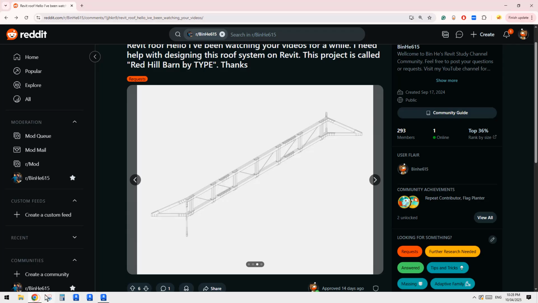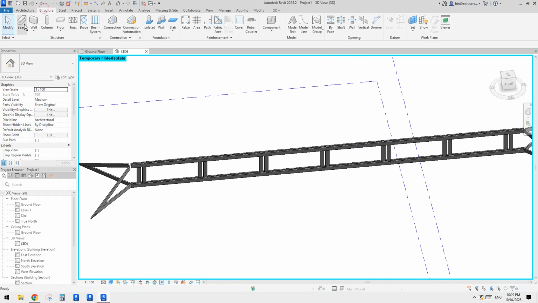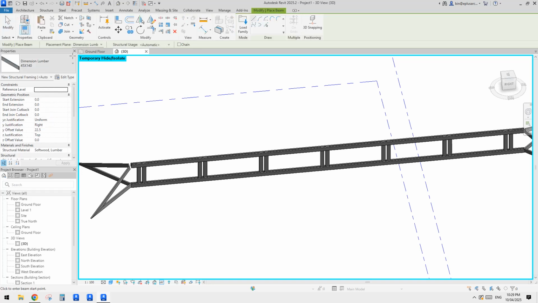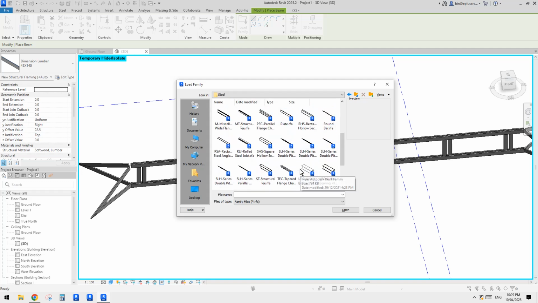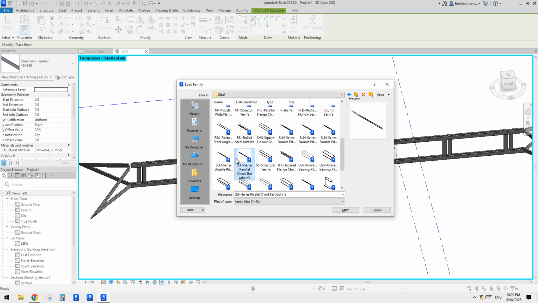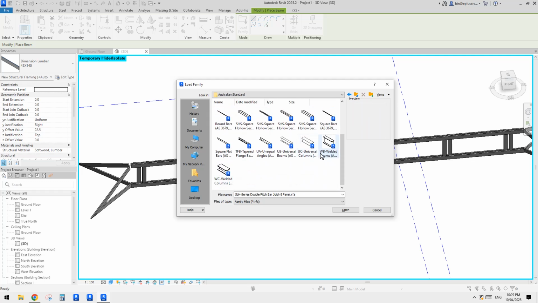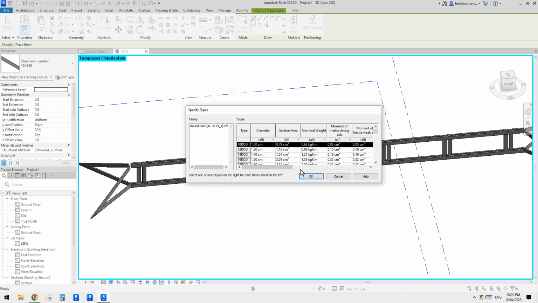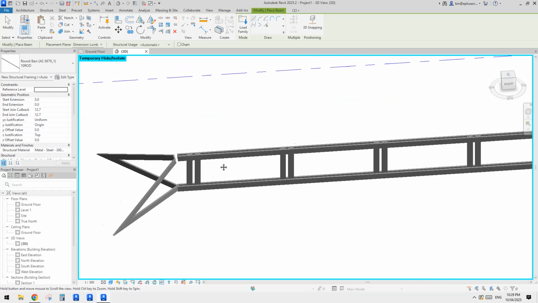So the next step is the bracing. To do that, we first need to load a new structure framing. So let's go to steel. There is a bar. Oh, probably not here. Australian standard. Square bar, round bar. Okay, so I'll just pick a very skinny one, so 10 mil. So for this one,